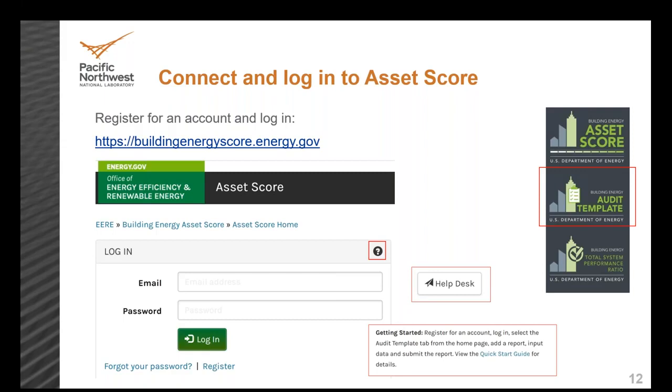Users logging in for the first time will see a one-time welcome screen for the ASHRAE suite of tools, and you can select Audit Template that will take you directly to the tool itself. Okay, let's go ahead and launch the tool now. I'm going to stop the slideshow,